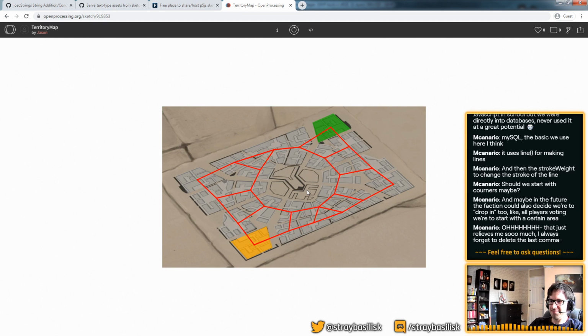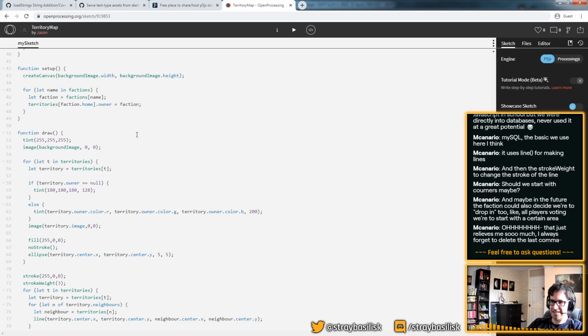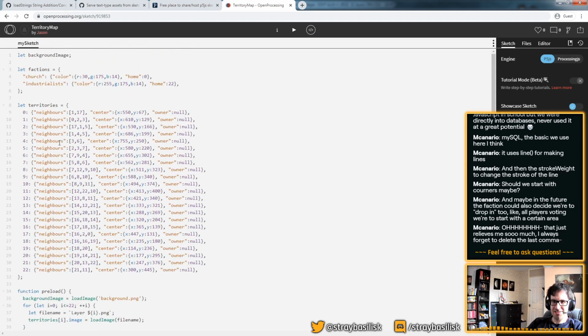Okay, cool. So we now have our territory defined here, and we're drawing this out. I don't think I always want to show these lines. I want to make that like a debugging function. So what I often like to do is to have like a